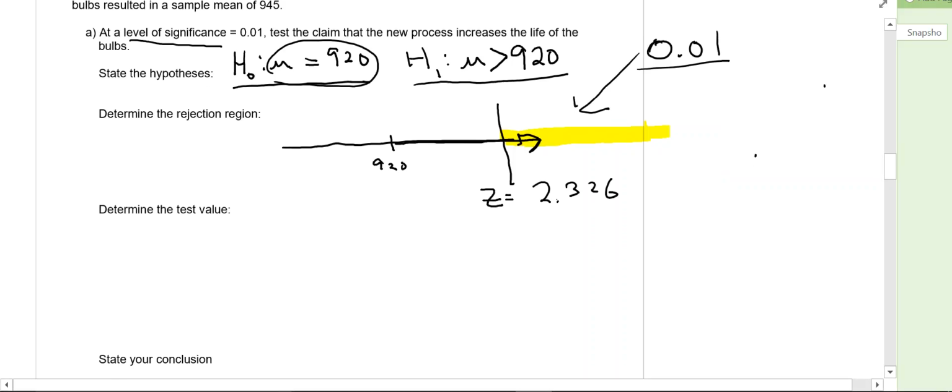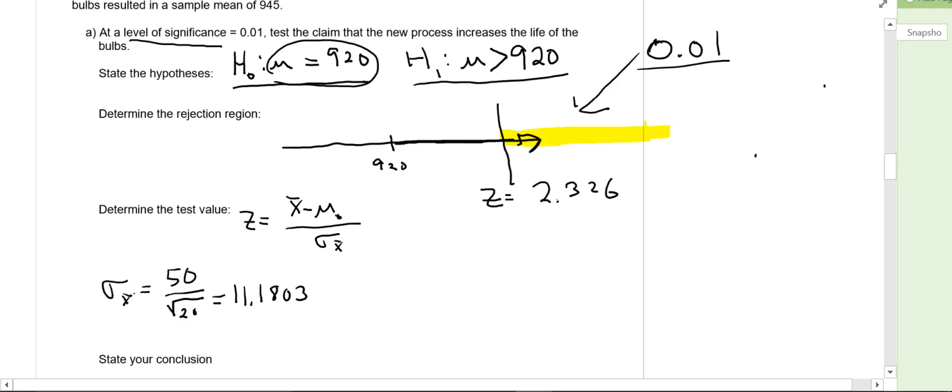Our test value is, how do we get to the table, right? Since we're working with z-scores, our test value is z equal to x bar minus the null hypothesis mean divided by sigma of x bar, correct? So we do our math. We get sigma of x bar. That's going to be equal to 50 divided by the square root of n, which is 20. If you do the math, you get 11.1803. All right, so we know that x bar in the problem is 945. The null hypothesis mean is 920. The standard deviation for x bar, 11.1803. We do our math, and our test value comes out to be